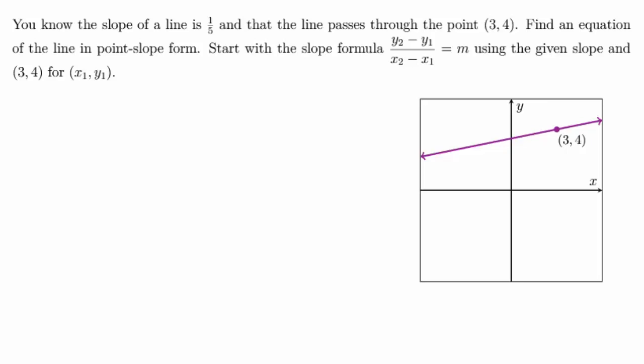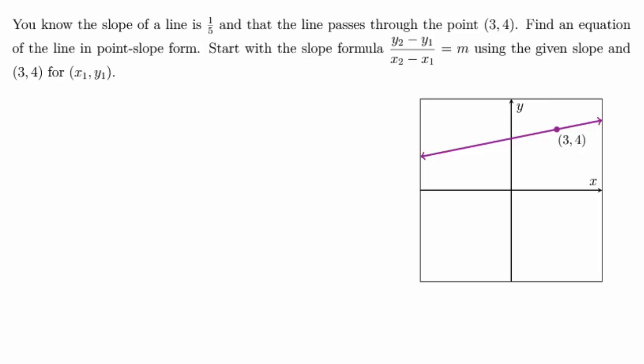In this video, we'll explore how to write the equation of a line when we know the slope and a single point. This form is known as the point-slope form of a linear equation. We're told that the slope of a line is 1/5 and that the line passes through the point (3, 4). We're then asked to find an equation of the line in point-slope form